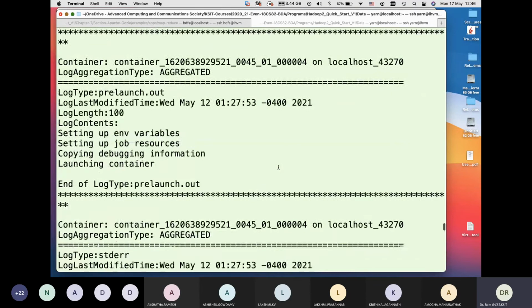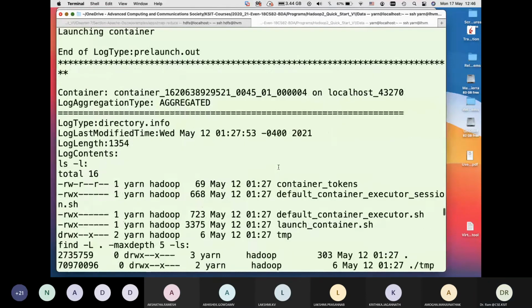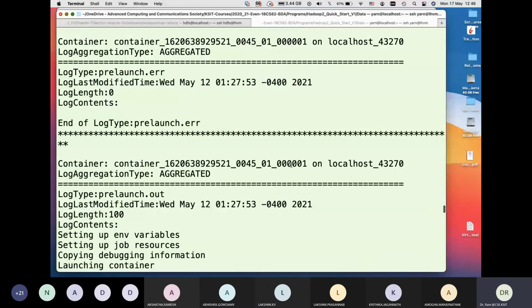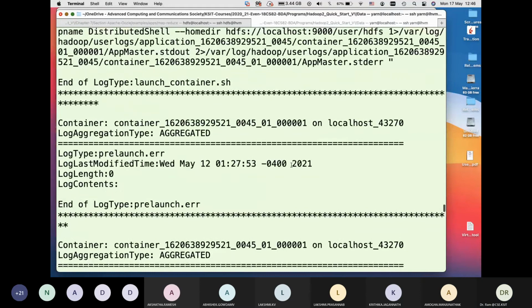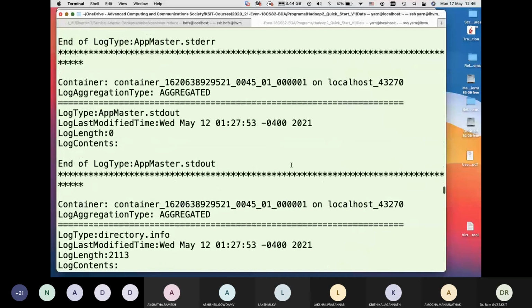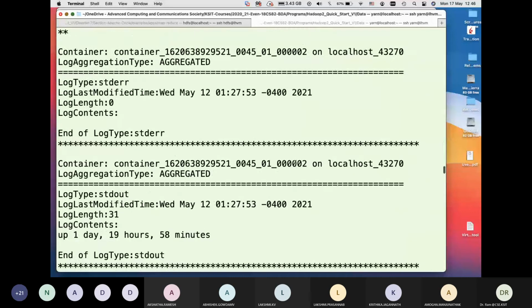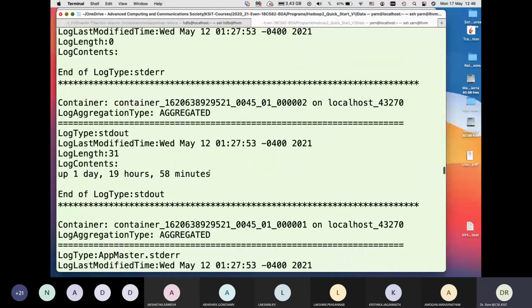And then container number 2 also would be there somewhere. This is container number 1. And this container number 2, you get the output.